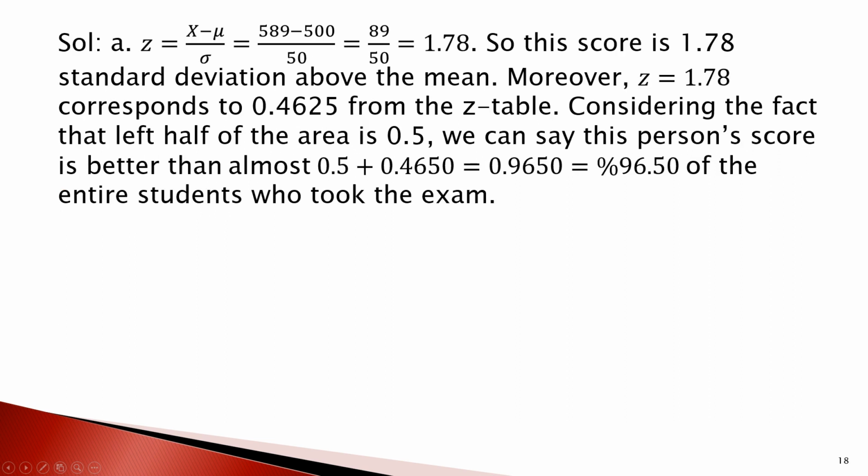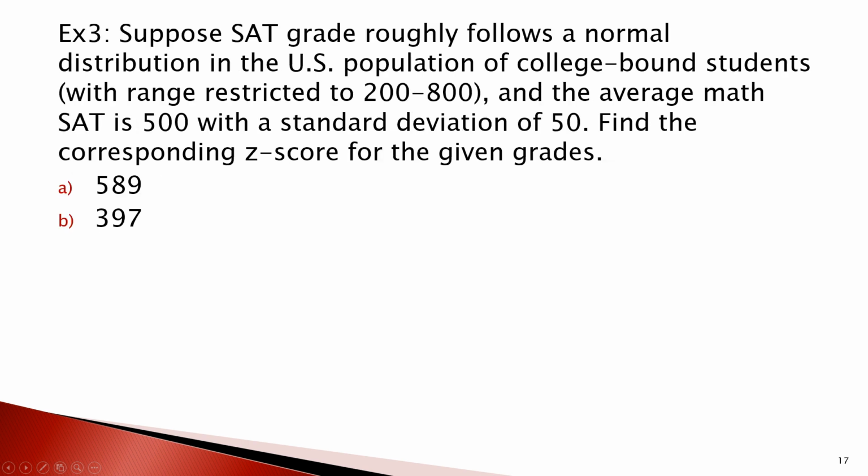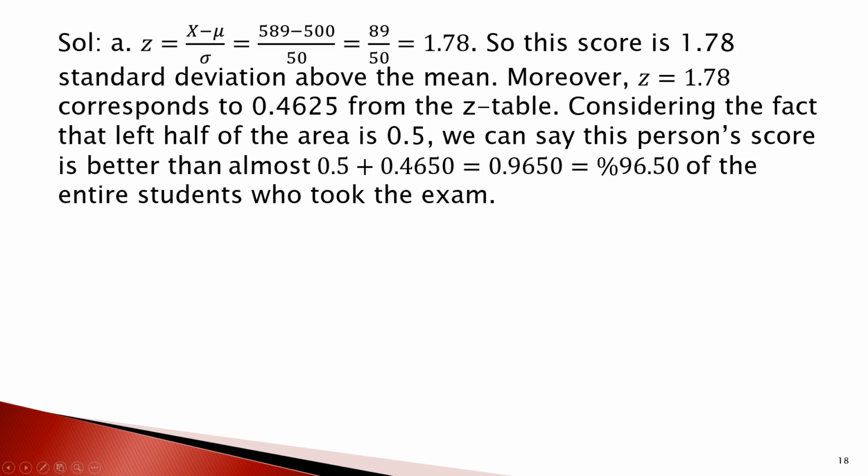Okay. So here's the formula. So this is the given score, 589. So this is our mean, and this is our standard deviation. So if you find the result, it should be 1.78. But how do you interpret that? So that means, first of all, guys, that score 589 is 1.78 standard deviations above the mean. That's the first interpretation. And when we go to the table, guys,